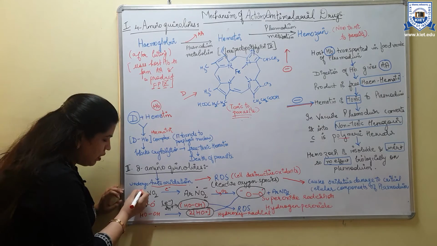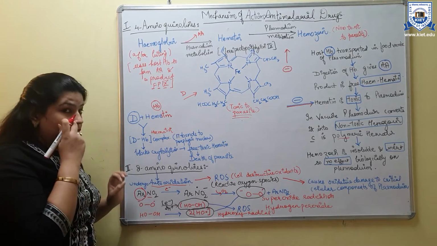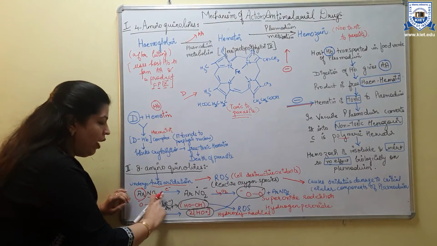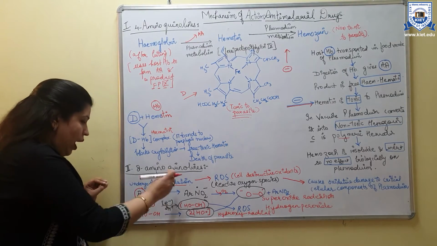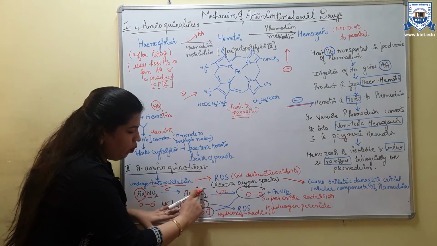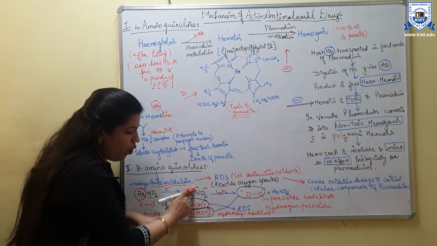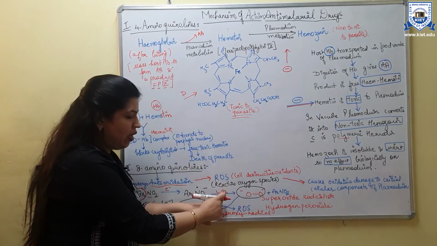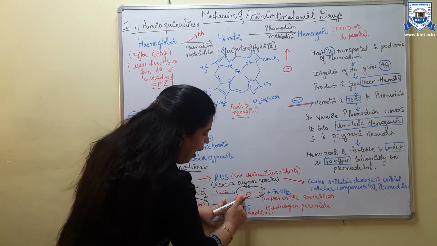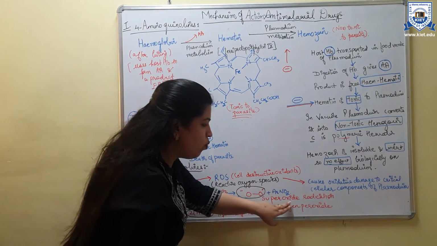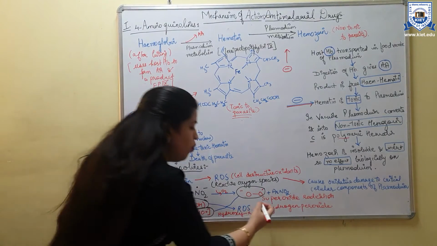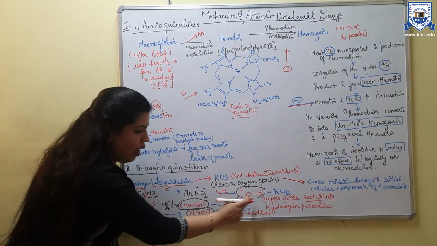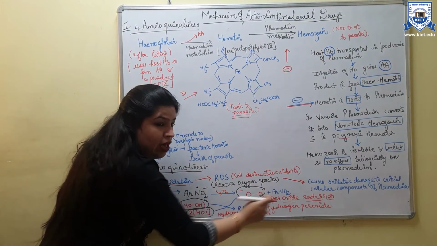So what is the process? This is the whole drug in which the nitro group is involved. The amino group is very easily converted into nitro, and when there is an electron attack over it, it gets converted into an anion and a radical. Through oxidation, as oxygen is present there, the radical anion is formed. This is known as the superoxide radical. The superoxide radical ion, when there is oxidation, gets converted back into the drug itself, that is ArNO2.